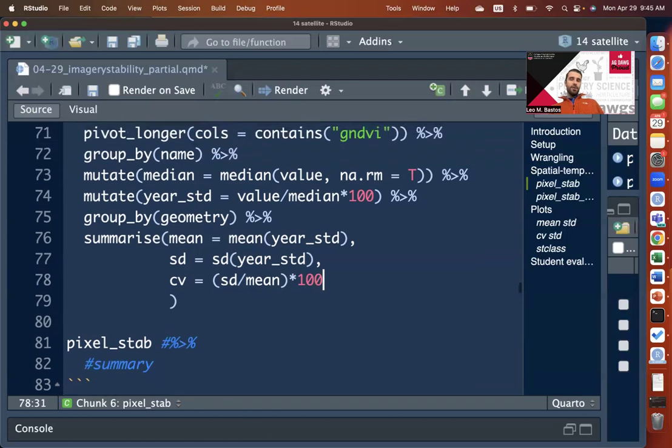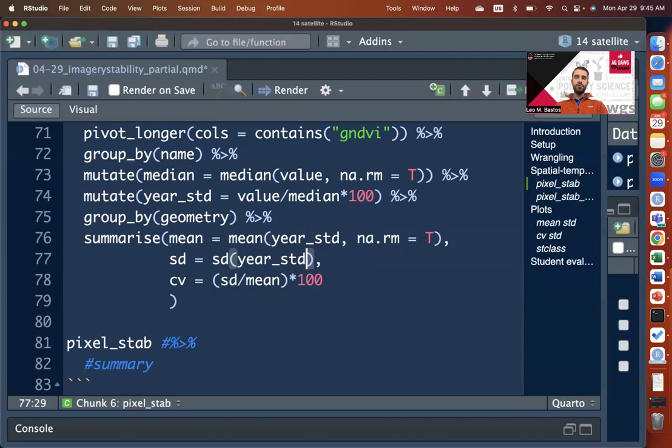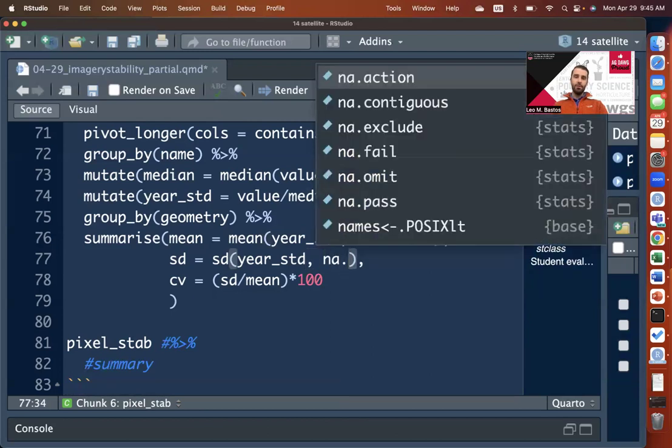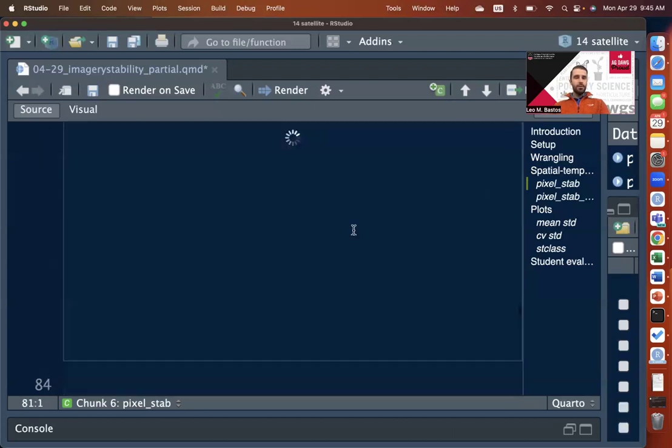So this is what we're going to do. Just thinking about it, I think we have to add NA remove here, so the 2017 NA doesn't impact those 3 extra pixels. So let's say NA remove equals true on the mean and NA remove equals true on the SD, and that should take care of it. So if we run that,